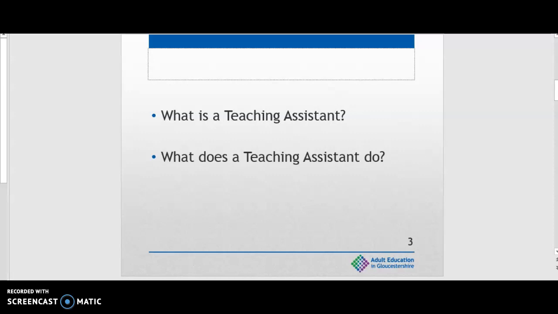This workshop has been recorded in two parts and you will need to allow approximately 45 minutes to an hour to complete the workshop in its entirety. This also allows time to complete the activities.